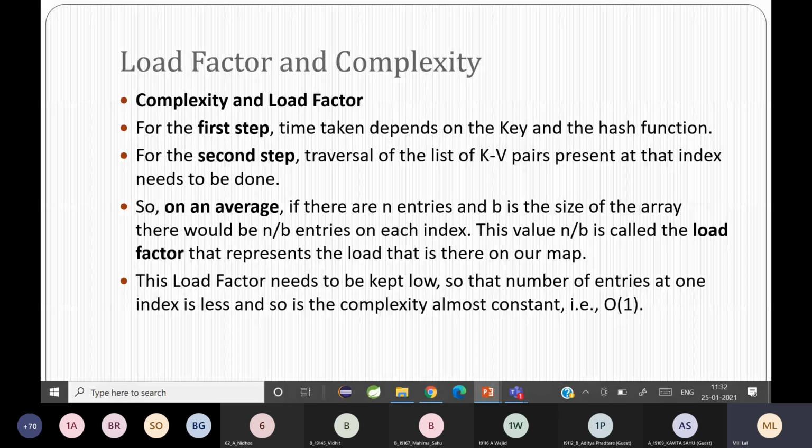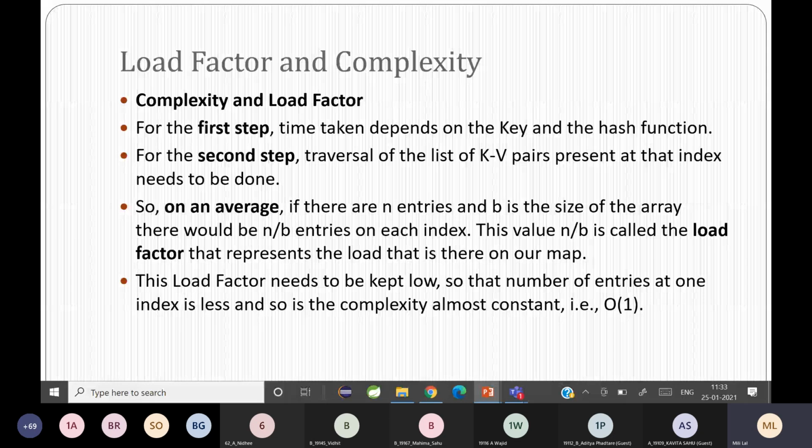So on an average, if there are n entries and b is the size of the array, there are n by b entries for each index, and n by b is called the load factor. Remember, the load factor should be kept low. That means you have to easily traverse it. So the load factor should be kept low so that the number of entries at one index is less, and so the complexity can be almost constant.